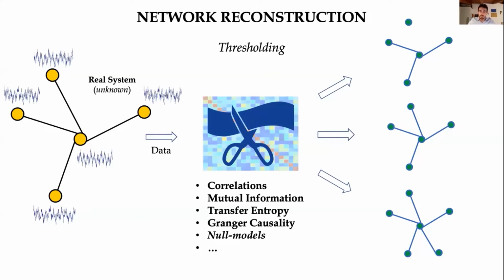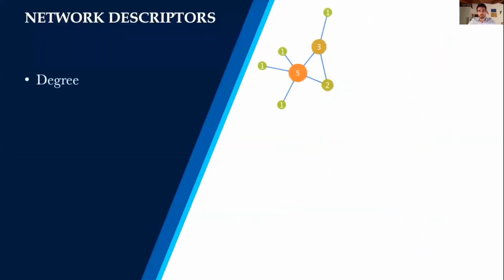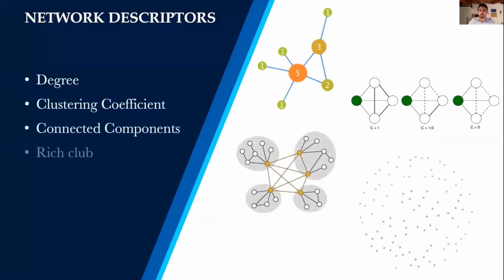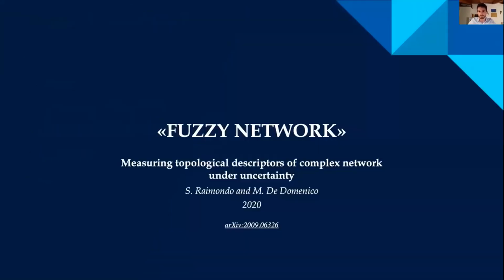But given the arbitrary nature of the threshold, the results are affected, of course, by errors of different types, and also the uncertainty, most of all, is ignored. Other methods are available, such as those based on the Bayesian framework, that are very powerful, but in most cases, an underlying generative model is needed, while these methods are model-free. After the reconstruction, the topological descriptors can be computed, starting from the local ones, such as the degrees, until the global ones, such as the number of components and so on.